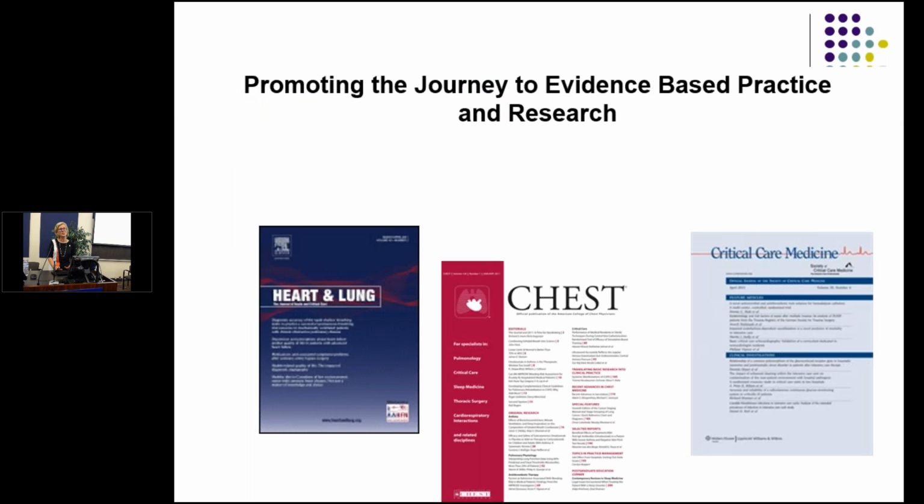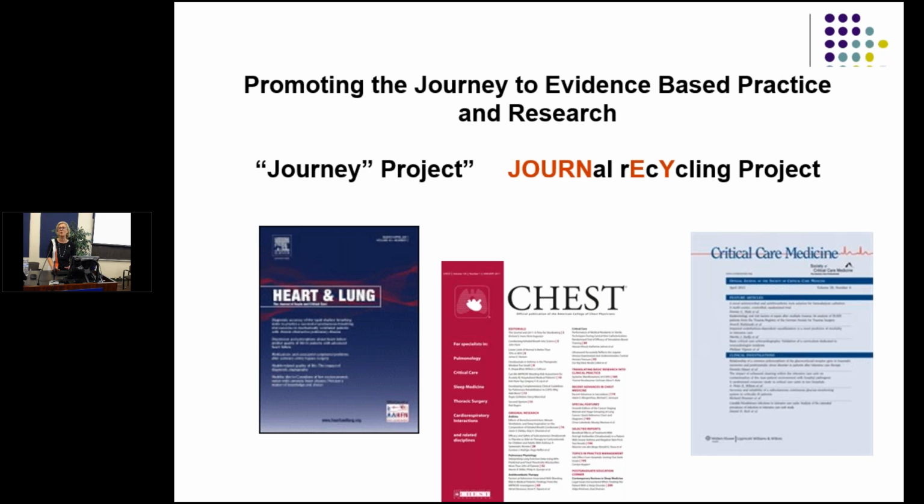And one of the projects that we've done throughout the years, I like to highlight this, we call it our Journal Project. Most of us belong to professional organizations, and you get a journal that is usually mailed to your home or to your office, and many times, and I was guilty of doing this myself, I would keep the journals in my office thinking, well, someday I'll need to look at that. But the reality is, now that we can get everything through the library, PDF, open access,